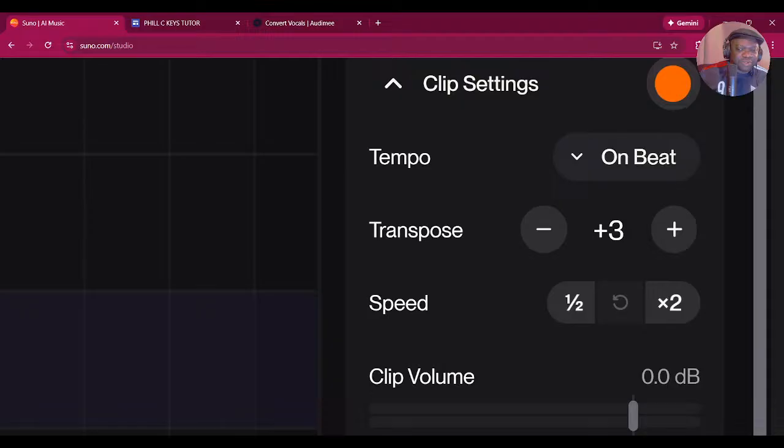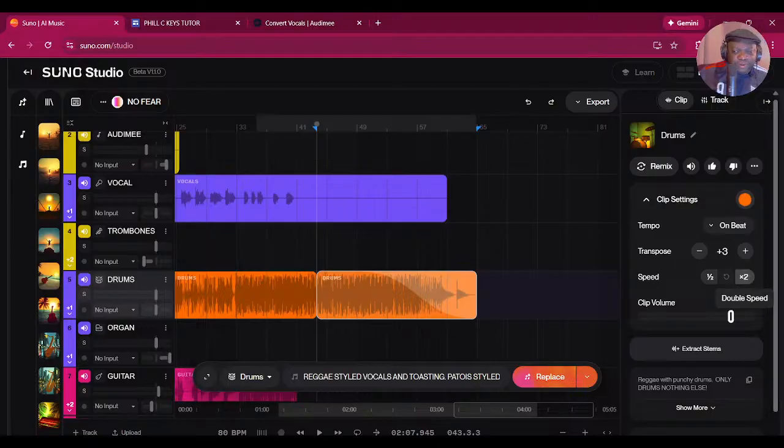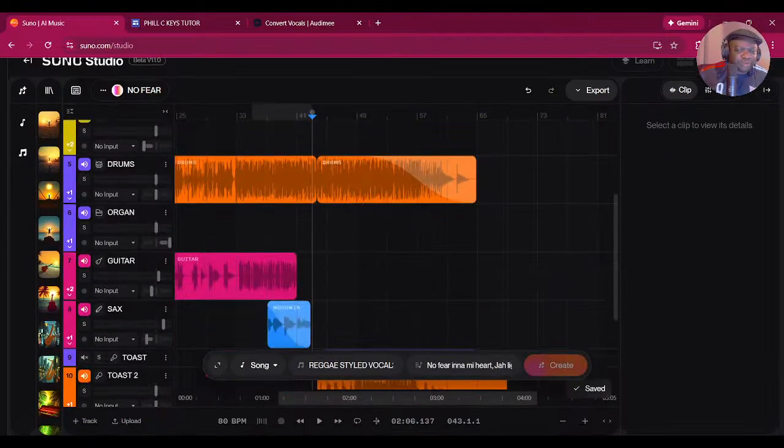These numbers can either transpose the music or speed it up. So you can have double speed or half speed. It seems like the speed or the transpose went rogue for a second there. So if I take it back to 0,